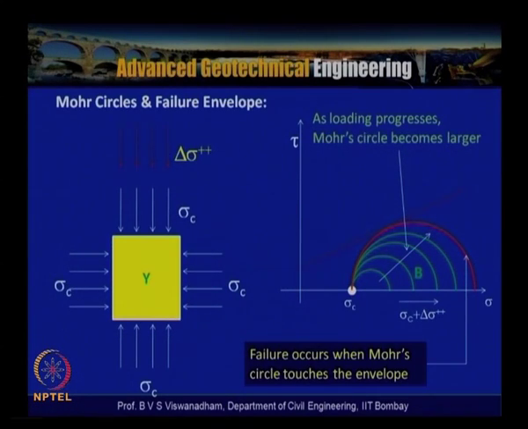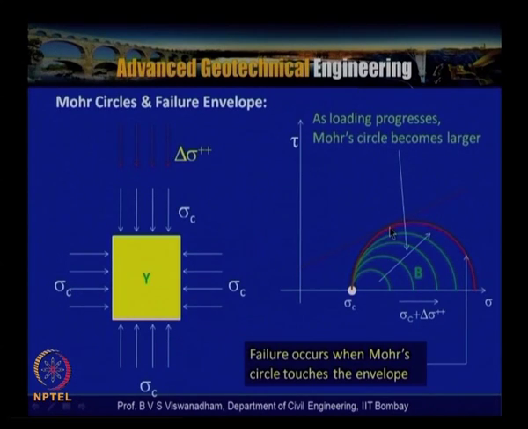So sigma c plus delta sigma c is initially applied, and then delta sigma is actually increased continuously. Then the circle migrates towards the right. What we are doing is maintaining the same sigma c and then increasing delta sigma. With that, you reach a certain state in the element in the failure plane, where it attains tau ff, that is this point, and wherever it becomes tangential, that is alpha f, the inclination of the failure plane, where the shear strength